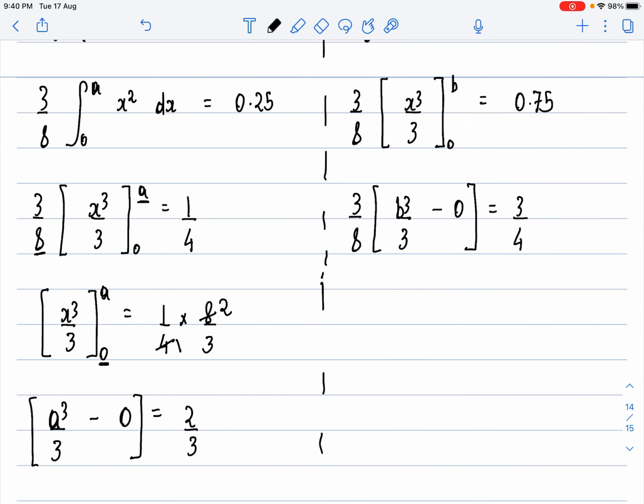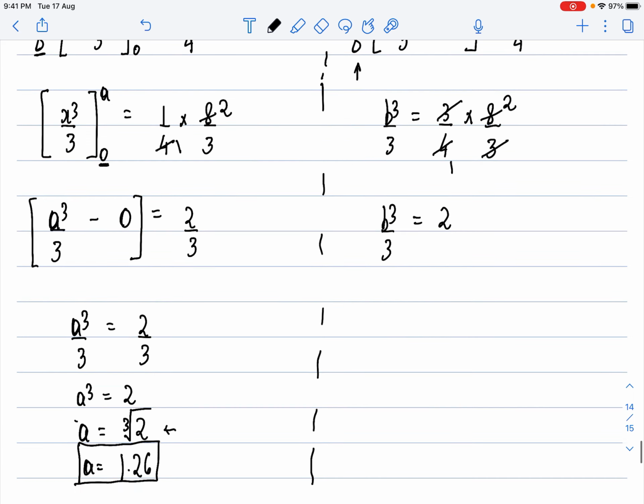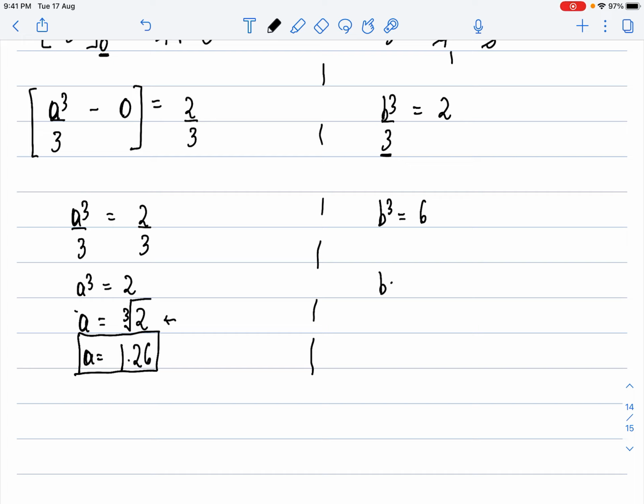Now you can write this as b cubed over 3, which is equal to, taking 3/8 to the other side, 3/4 multiplied by 8/3. You can cancel the 3. Here you get 4 ones are 4, 4 twos are 8. So you get b cubed over 3 equal to 2. Now I can take 3 to the other side to get b cubed equals 2 times 3, which is 6. So I get my b as the cube root of 6, which is